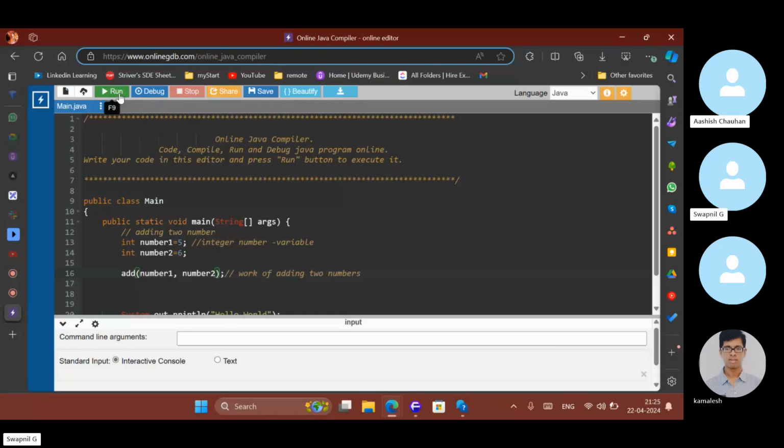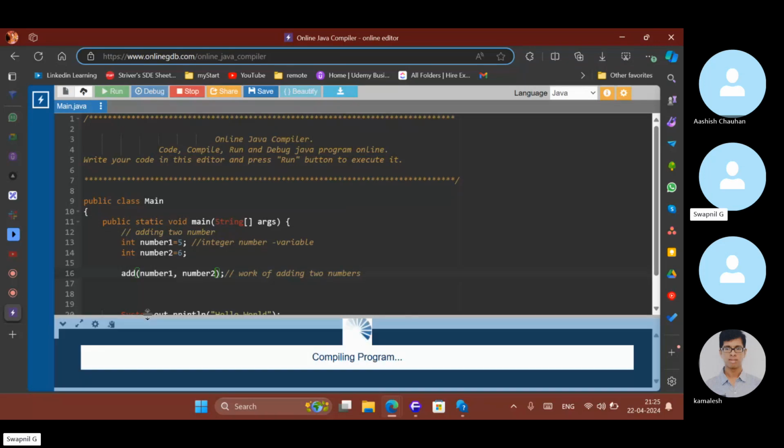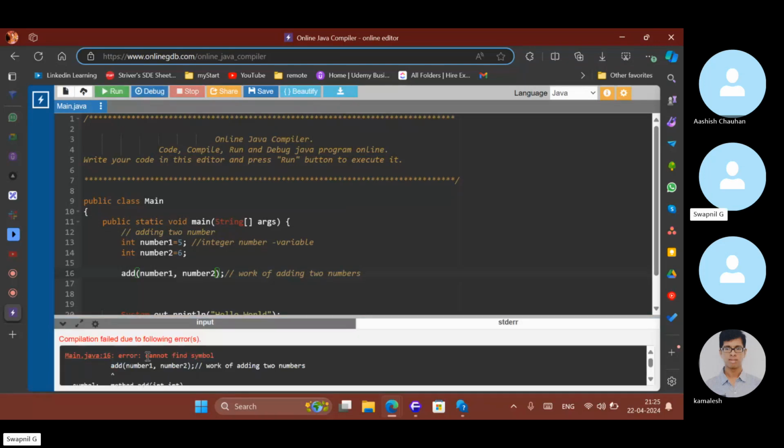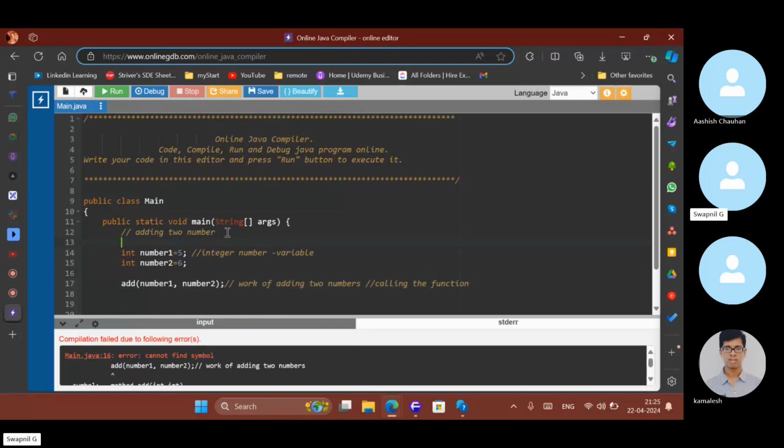But sir, if I run this program, I will get an error. It says cannot find symbol add. Why can it not find symbol add? Because we haven't declared the function. This is what we call calling the function. One thing we know is that we cannot run the function before declaring it, and this is the same for a variable.